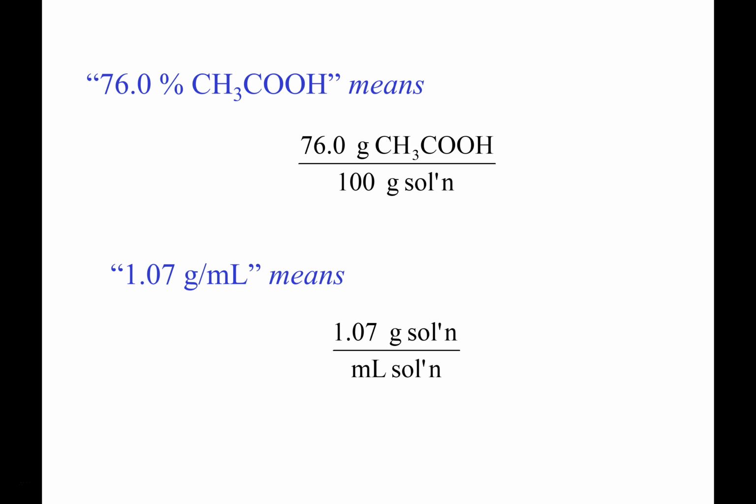Can you already see, if I'm after moles per liter, specifically moles of acetic acid per liter, I can use the unflipped version of this? And if I multiply these two together, grams of solution cancel, and I'm left with grams of acetic acid, CH3COOH, per milliliter solution. I could slap on a term of 1,000 milliliters per 1 liter, and I'd be at grams per liter. And we know how to get from grams per liter to moles per liter, so use the